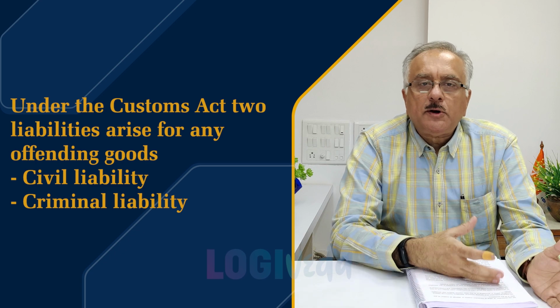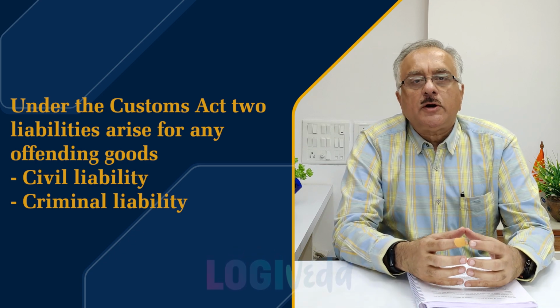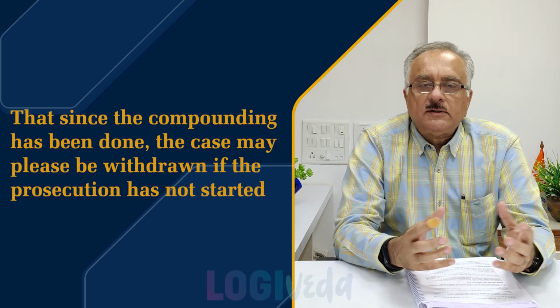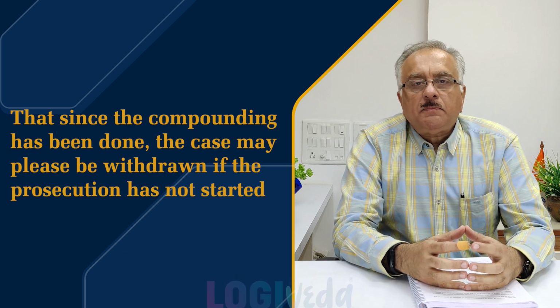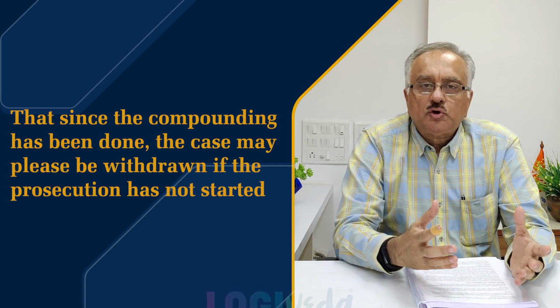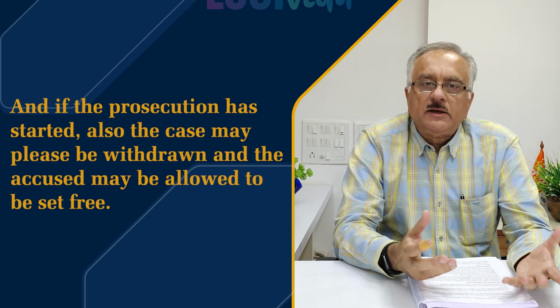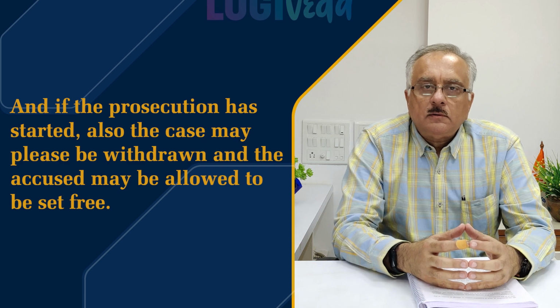Then the compounding authority and the accused make a joint representation to the criminal court or the sessions court that since the compounding has been done, the case may please be withdrawn if the prosecution has not started, and if the prosecution has started also, the case may please be withdrawn and the accused may be allowed to